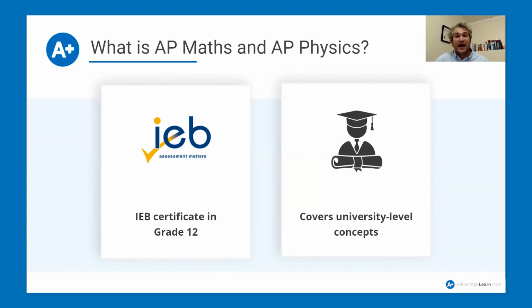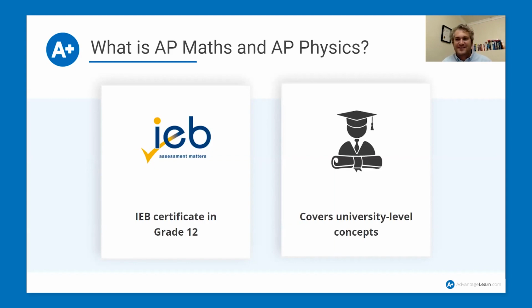So the IEB, the Independent Examination Board, recognized the problem, and they took that subject and got it certified through Umalusi as a separate qualification and renamed it the advanced programs.